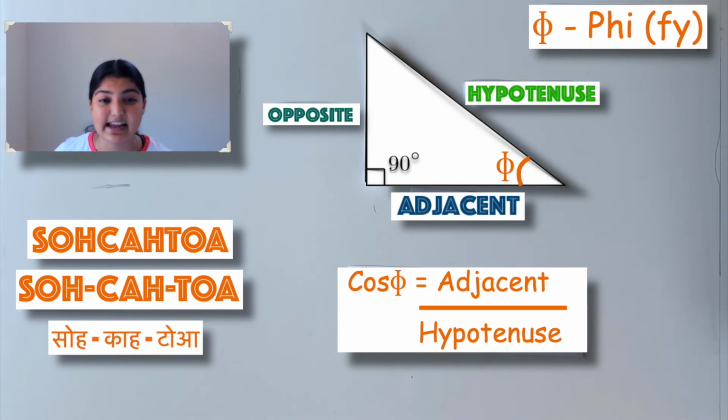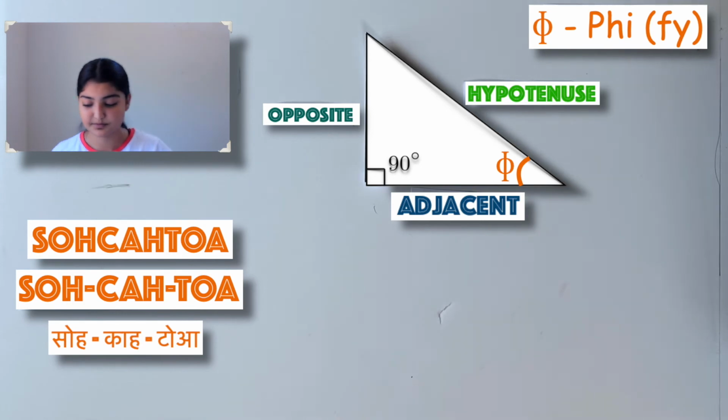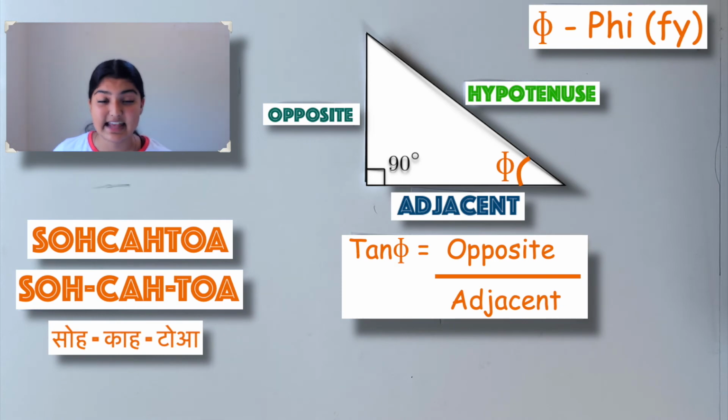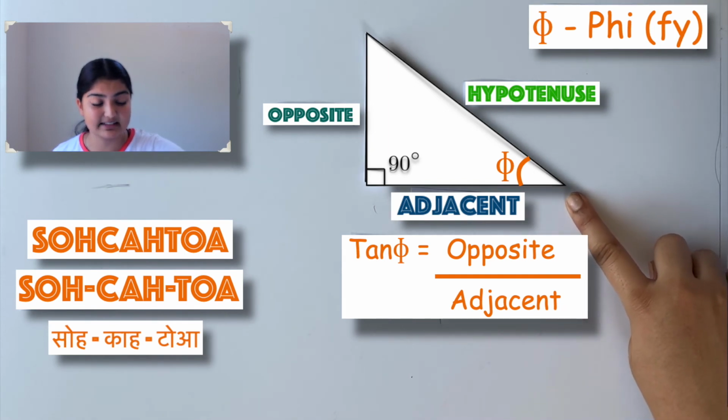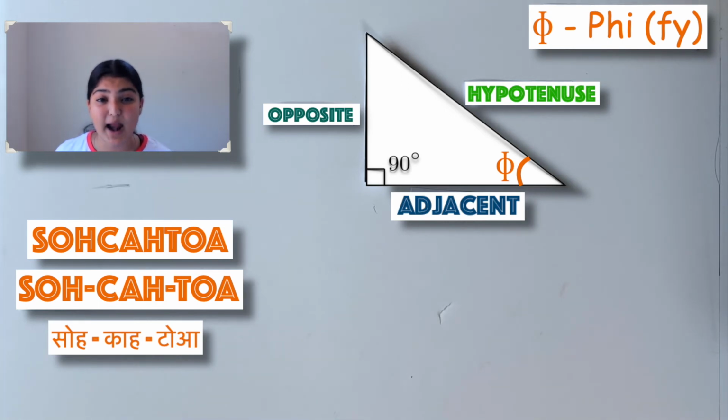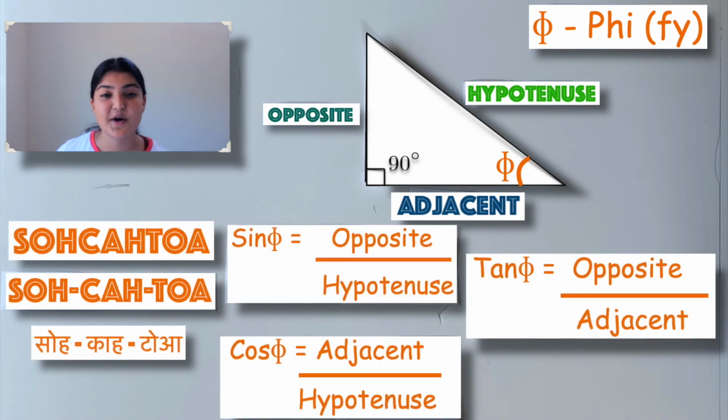Now, let's look at the tangent of angle phi. The tangent of angle phi is equal to the ratio between the opposite side over the adjacent side, like this. So, in a right angle triangle, there are 3 different ratios that exist between the sides: sine,